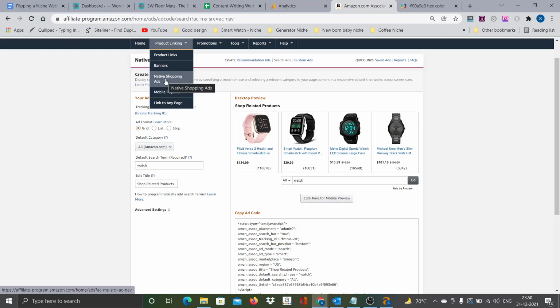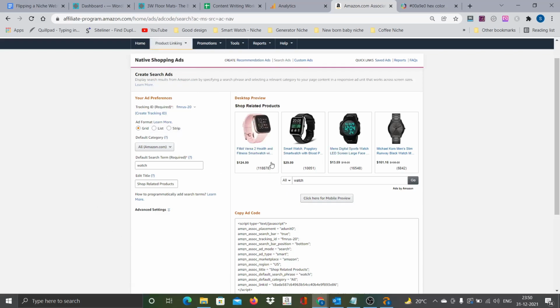I tried searching for it for Amazon India and did not find this option, but for the US this option is very much available, and most of my sites are targeting the US, so there is no challenge related to that. Once we click, this is the page that appears. There are three types of ads within these native ads: one is the recommendation ads, the next is search ads, and the other is the custom ad. Basically I normally go for the search ads.